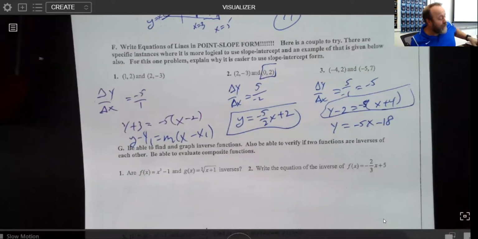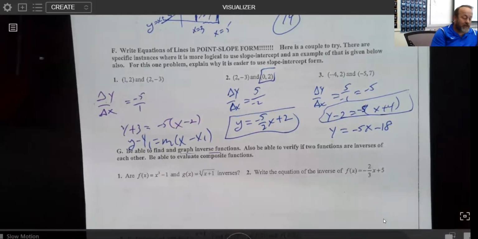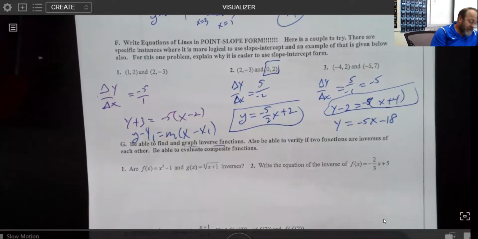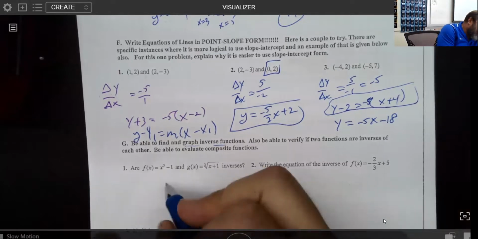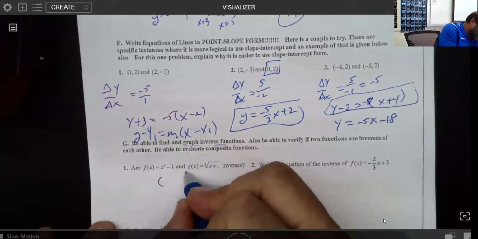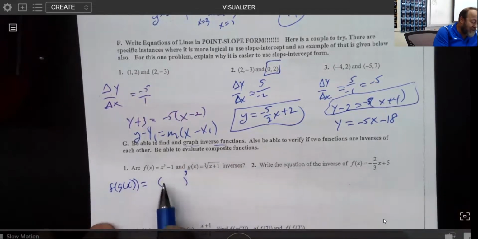Okay, now, for letter G, we're getting into finding and graphing inverses. So this is a little trickier. So the first thing is that they're asking a question if they are in fact inverses. So if that is true, if I took f of g,